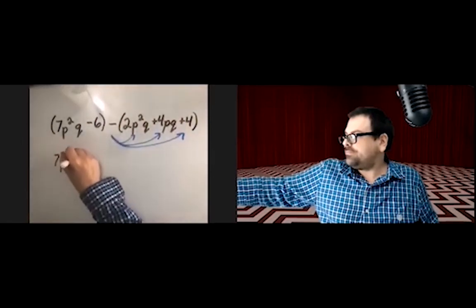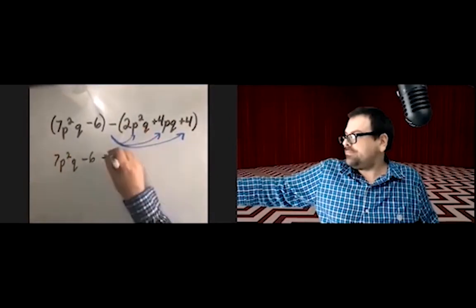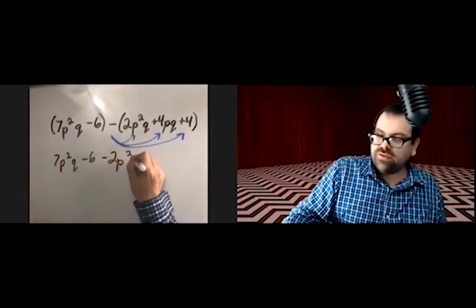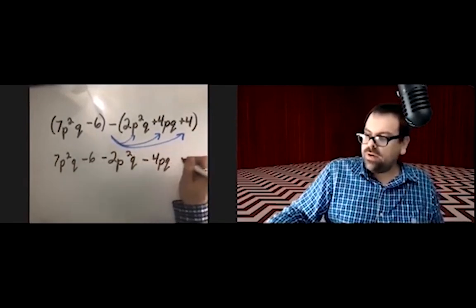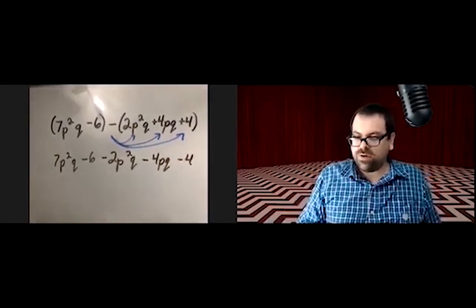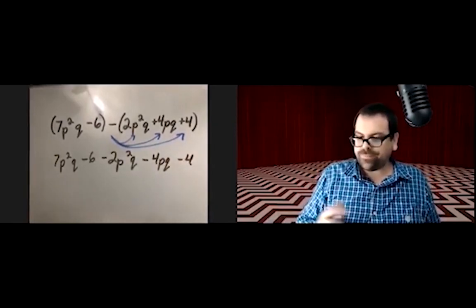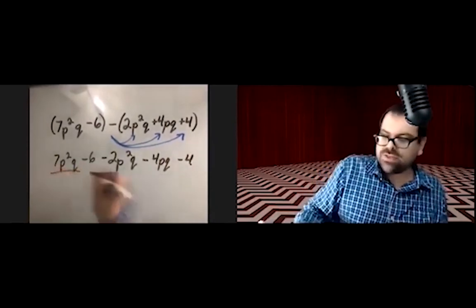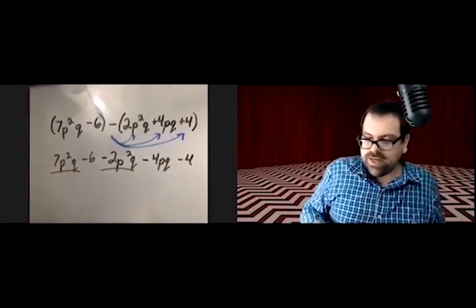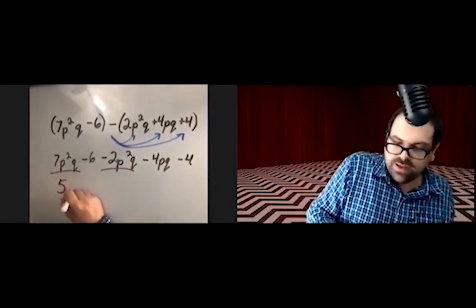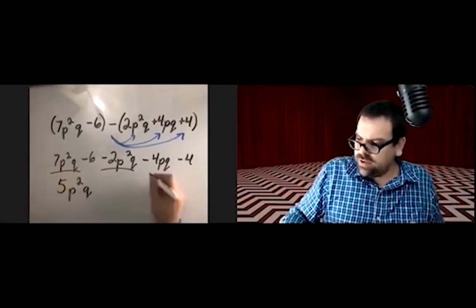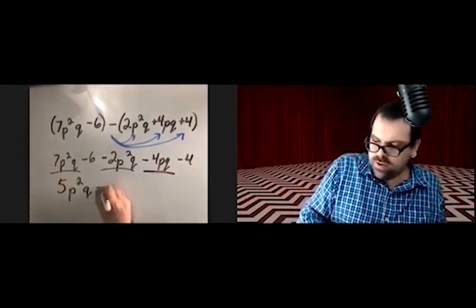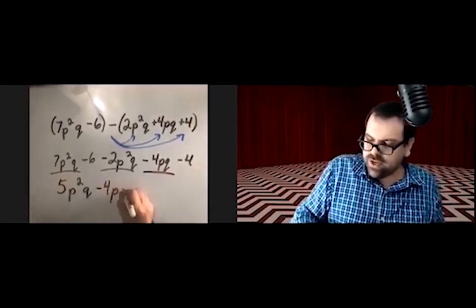Okay. Dropping the parentheses means distributing the negative here. Minus 4pq minus 4. Combining like terms. 7 of them minus 2 of them is 5p squared q's. You can go minus 4pq next,